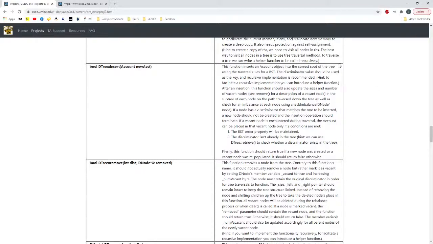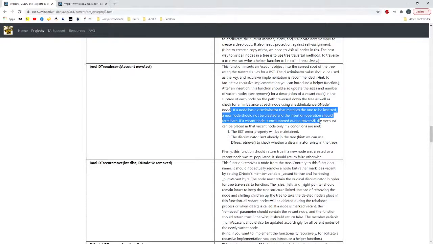So you need to update on the way back up. If a node has a discriminator that matches the one to be inserted, a new node should not be created, and so on. So that's just, don't make duplicates. If a vacant node is encountered,